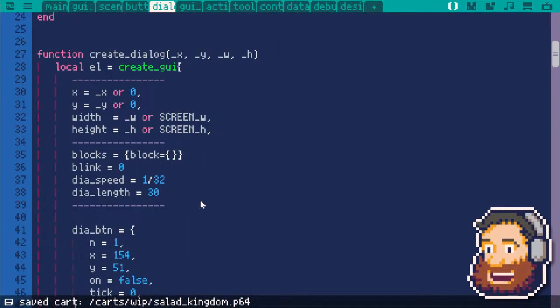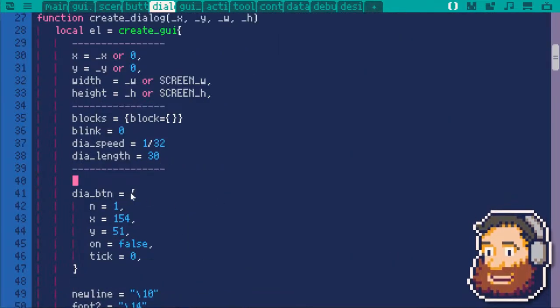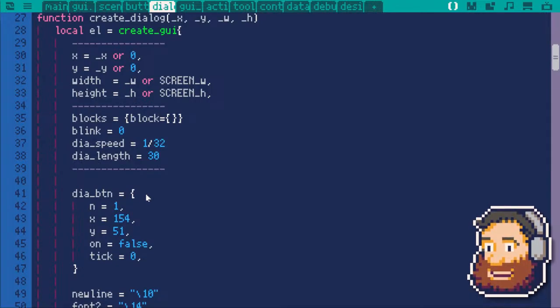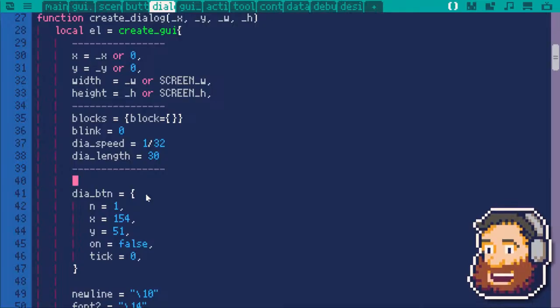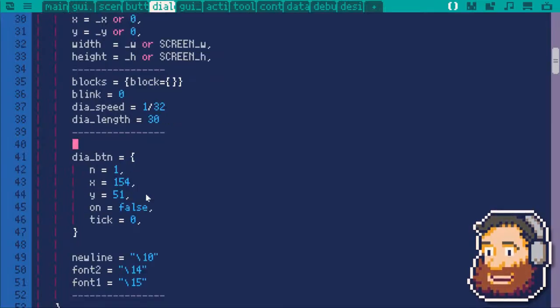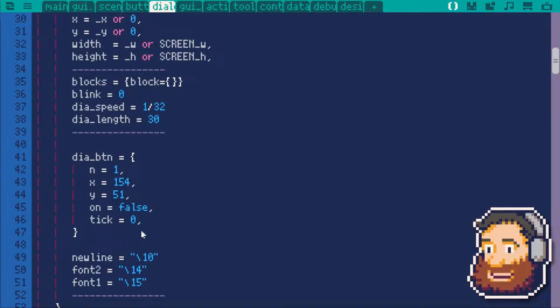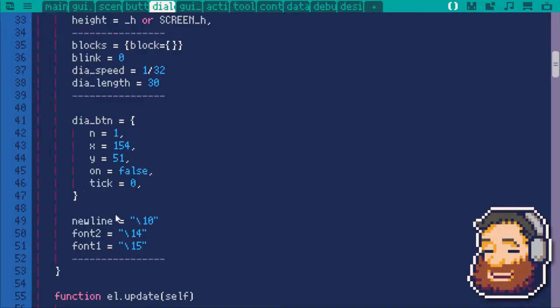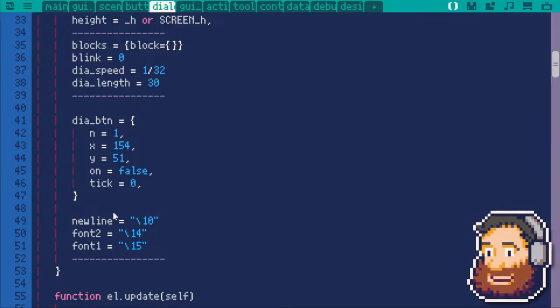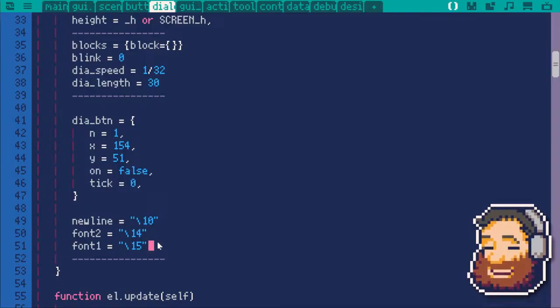And then we have our button. That's going to be its own GUI object, though. And then we have some variables. New line, font 1 and font 2. I think I'm using those as shorthand. Those should actually